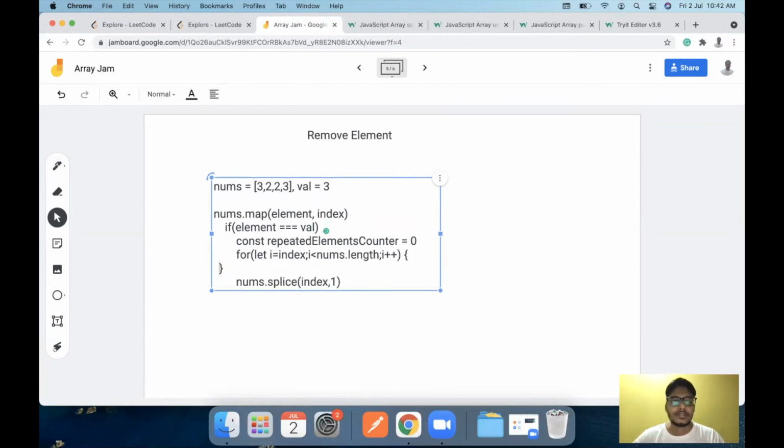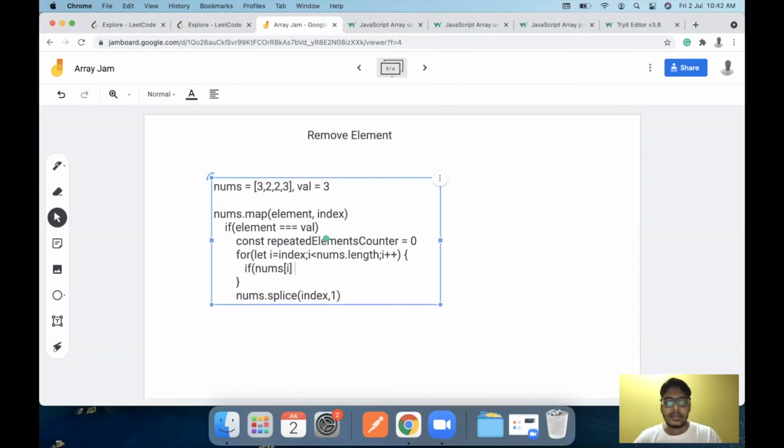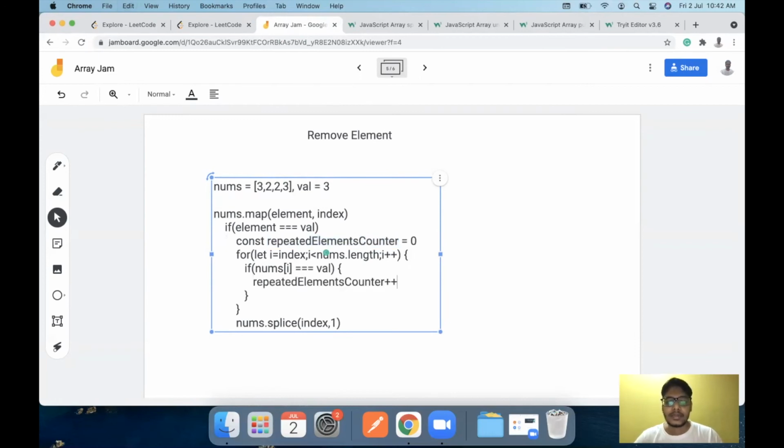Now this is my for loop running, right? Now, if the current element at index i, which is nums[i], is equal to our input val value, we increment the repeated elements counter. That is, instead of having the value as 0, we increment it one by one.